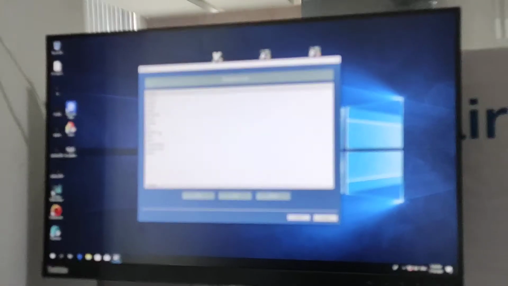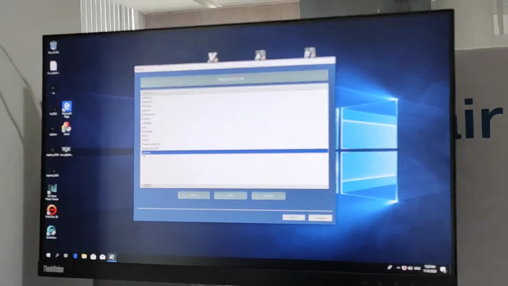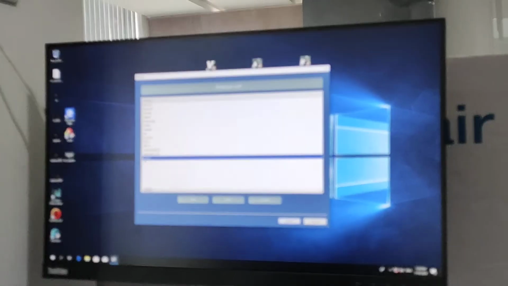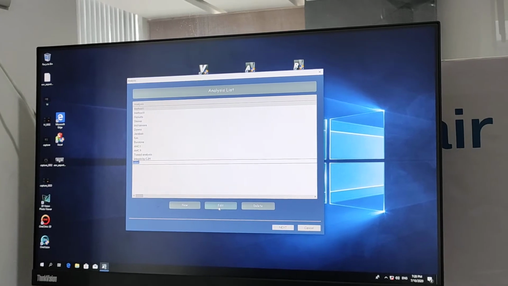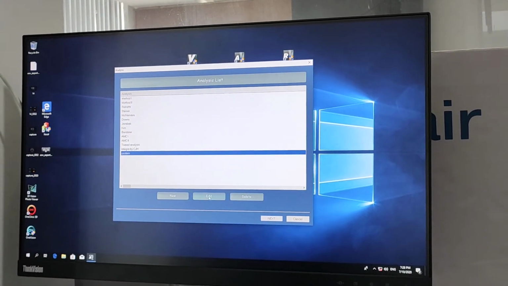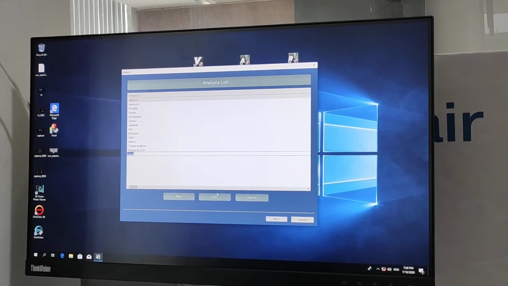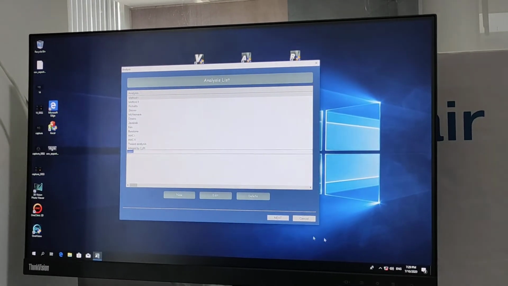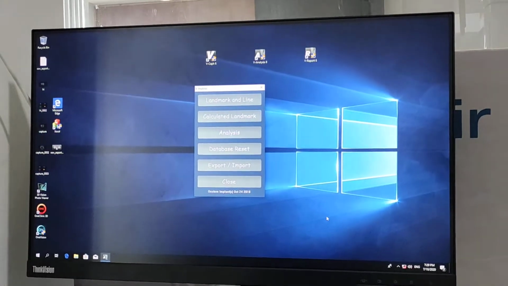Now this Austin analysis has been created. Then you can choose the parameters by clicking the edit button, and once you click on the edit button, you can choose all the necessary landmarks for this particular analysis.